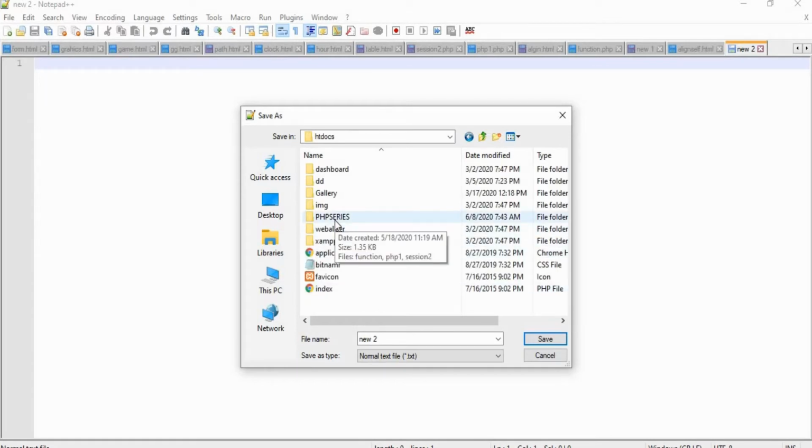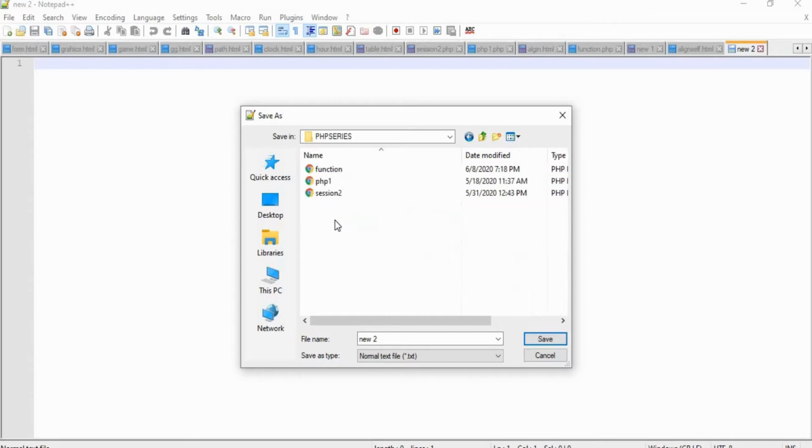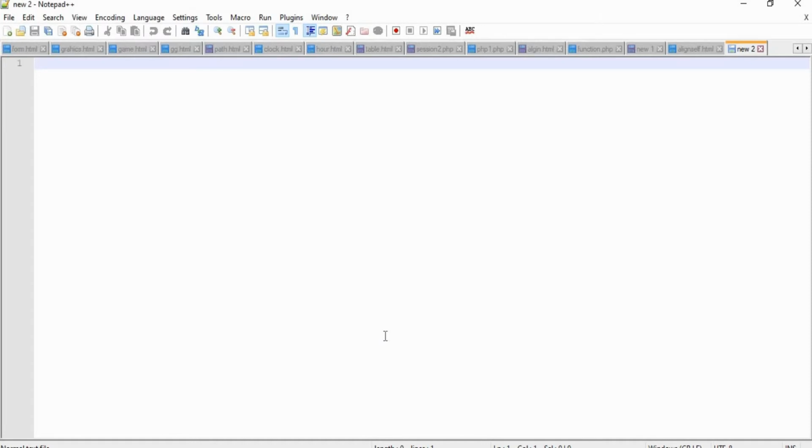Inside htdocs, we have created a separate folder called PHP, which is the PHP series. In that, I am going to create a file called arrays.php. So we can save the file.